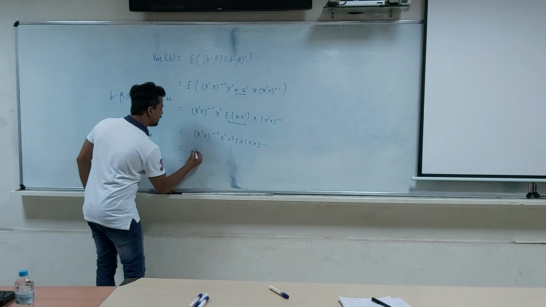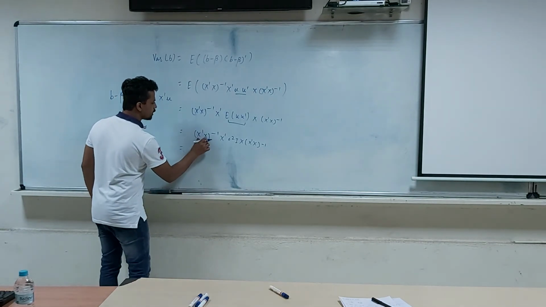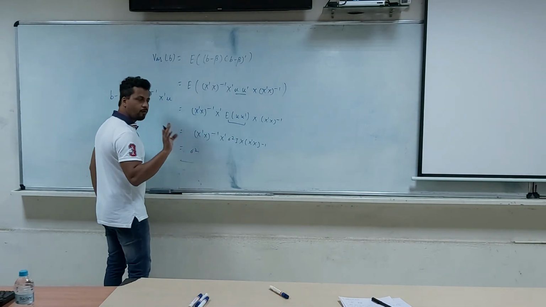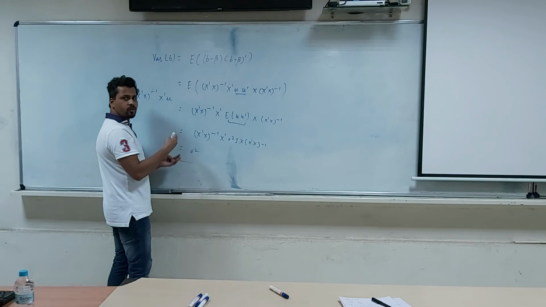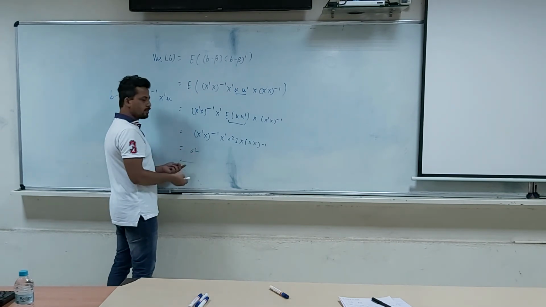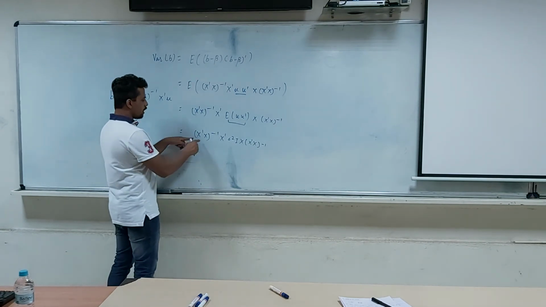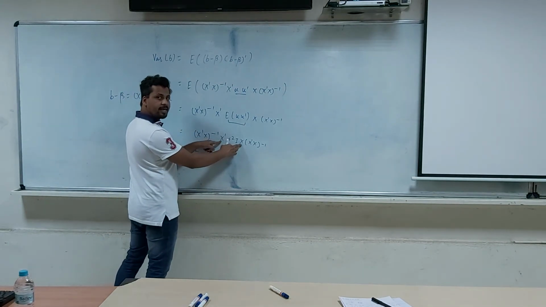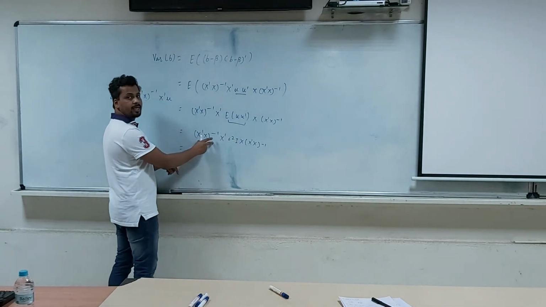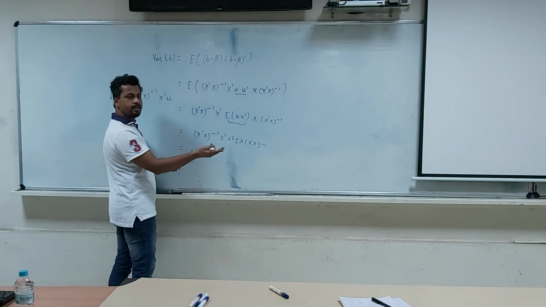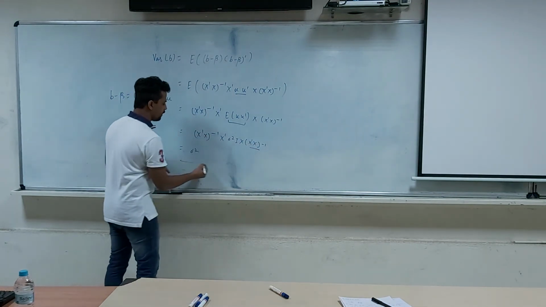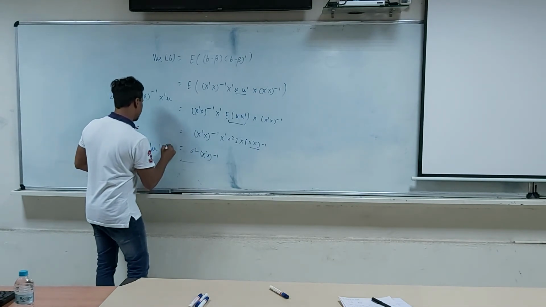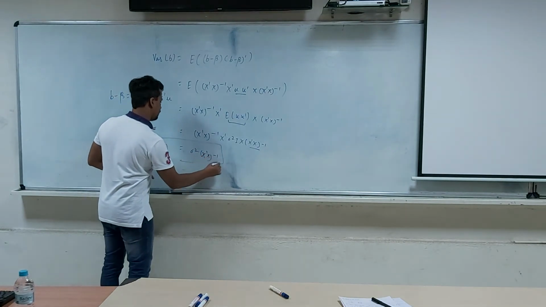Now I can easily write this sigma square outside. Now this will become x transpose x inverse x transpose x. So this term will be identity. What I'm saying is I can take out this sigma square because it is assumed to be constant. So sigma square taken out. Now I'll have x transpose x inverse, x transpose multiplied by x. So x transpose x pre-multiplied by its inverse will give me the identity matrix, and only this term is left: x transpose x inverse. This is your variance of B.